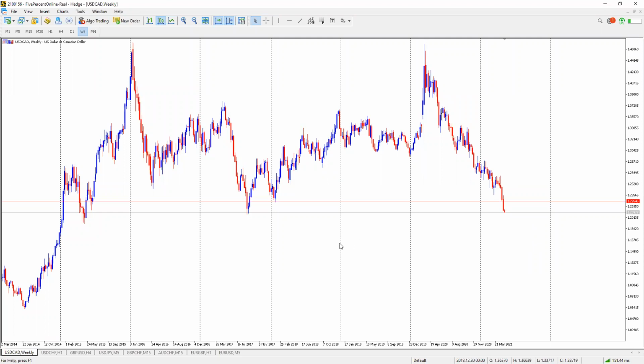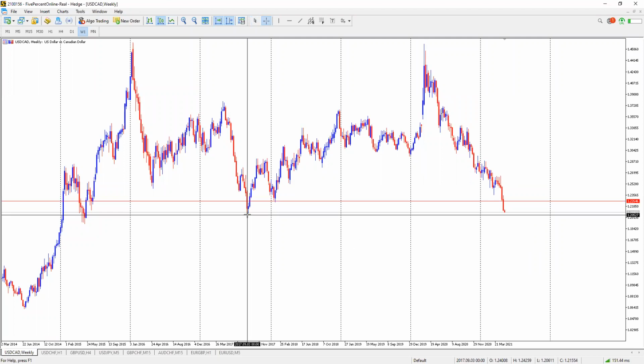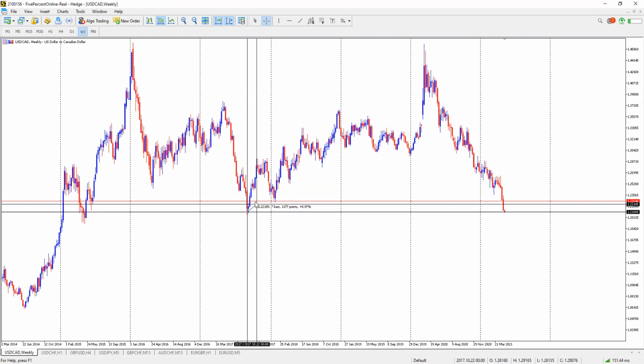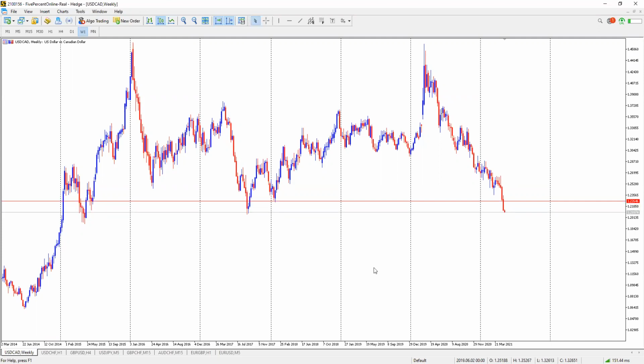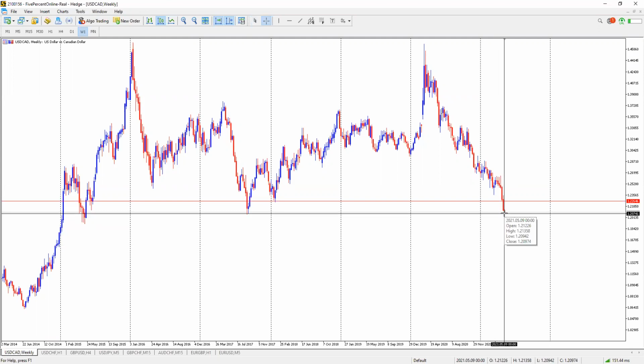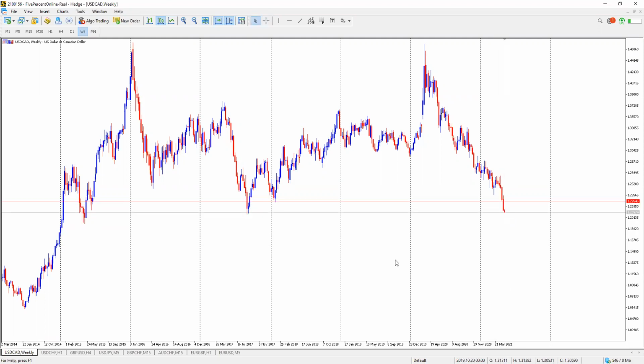So I wouldn't call this demand. Of course, it's a support level, as you can see. But even if it's a support and on the weekly chart, you know, a small reaction can be a few hundred pips. Okay, so